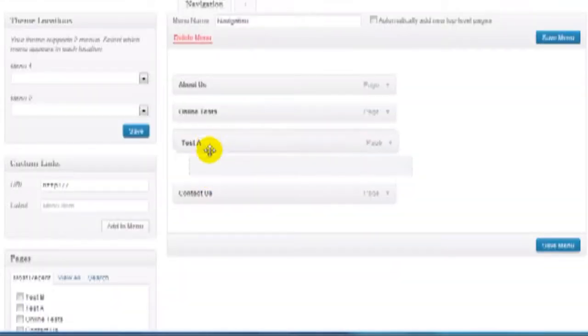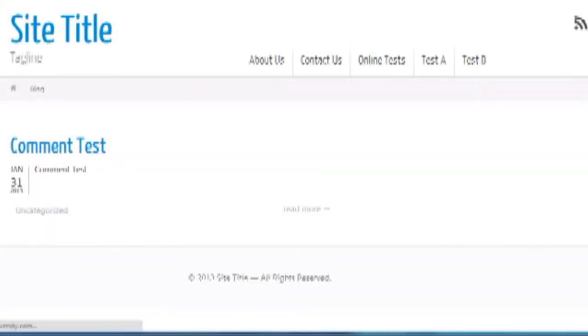Now, as you can see, you can drag and drop, but you can also move it to the right-hand side. And if I move it to the right-hand side, this basically is telling WordPress that online test is the parent navigation menu here, or page, and then the child pages are test A and test B. You can also move it over again if you want test A to be the parent of test B. But if I click on this, save menu, and I refresh the page here,